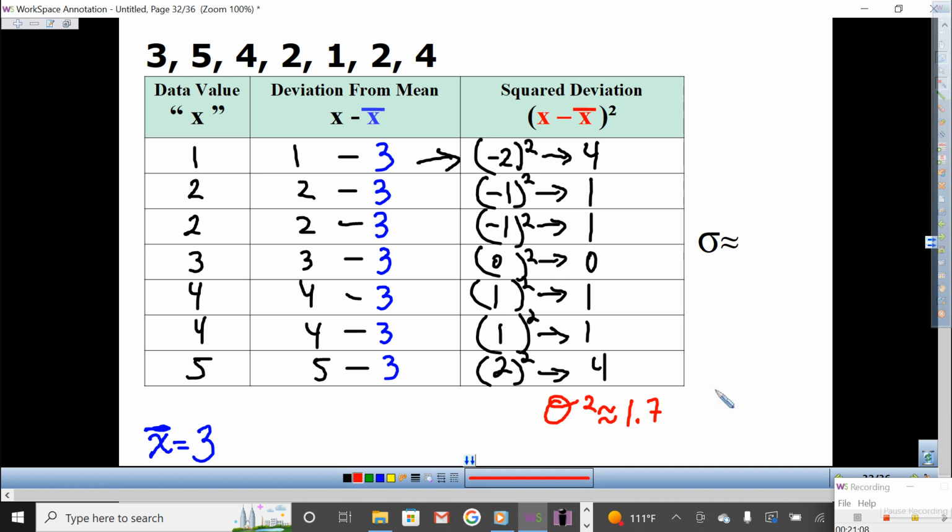Okay. All right. So let's go through the process one more time. You are given data, you find the mean. From there, you take that mean and subtract it from all the data. That's what we call the deviation from the mean. The data, how far from the mean, and I'll explain the deviation in a little bit. From there, we take that difference, we square it, and then we find the mean again, and that's what we call what? Squared deviation. But do we need the squared deviation? No, we need the standard deviation, which means we need the deviation by itself. Here it is.